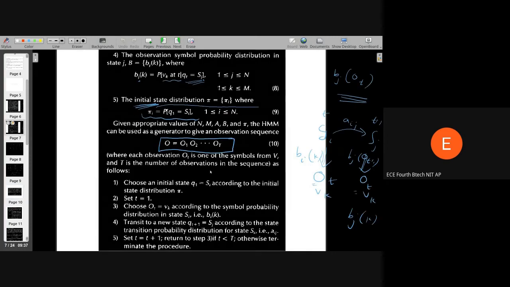So, how are we going? What is going to happen is O1, O2, O3. We have T observations here. So, how are they generated? You have to think of it like that. At a particular time T1, there was a state Si out of those N states. From Si, that Q1, we got an observation O1. How? Because